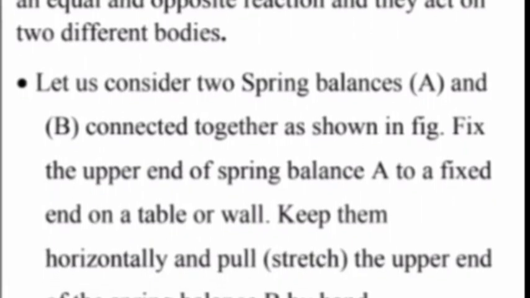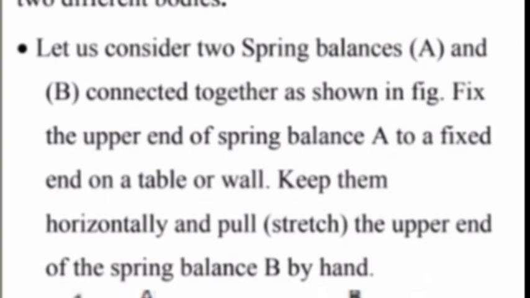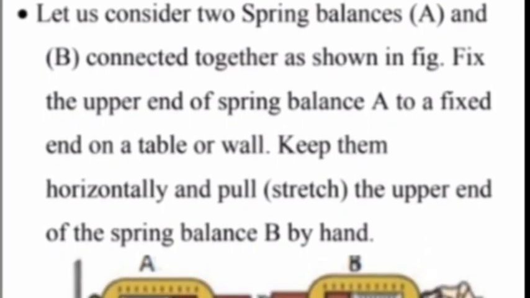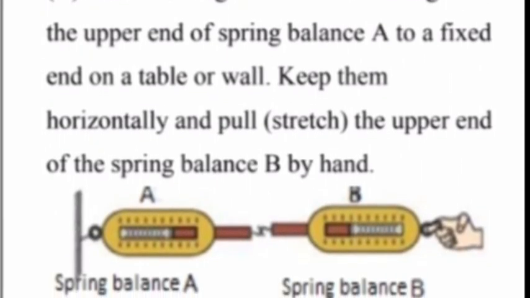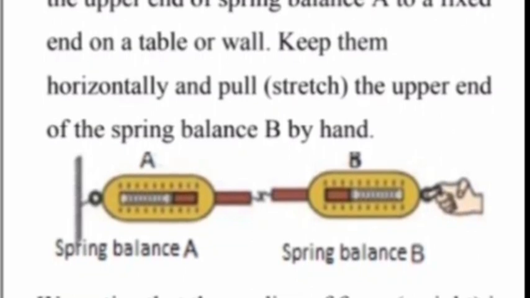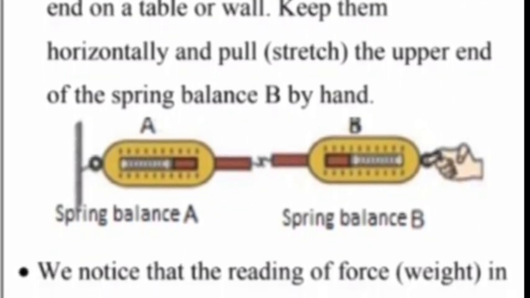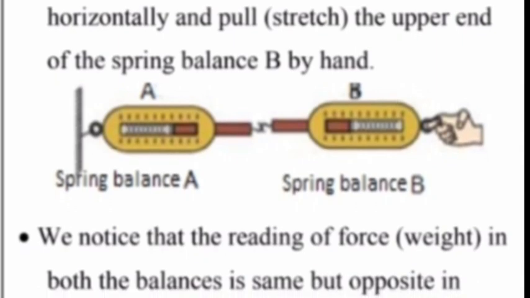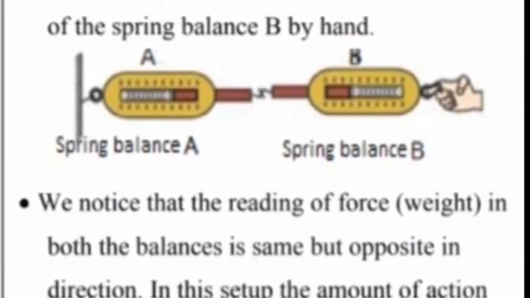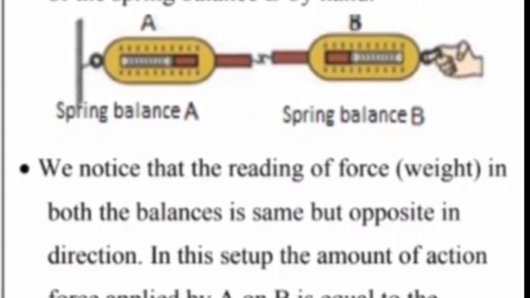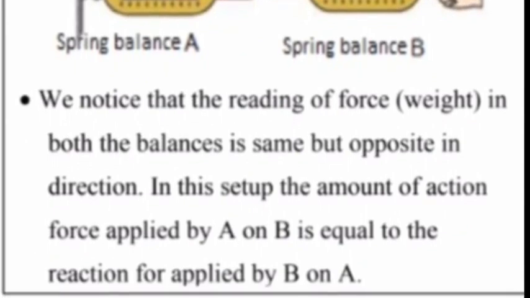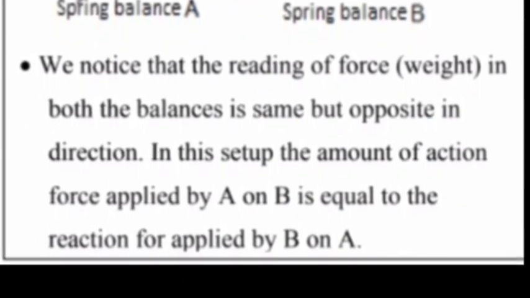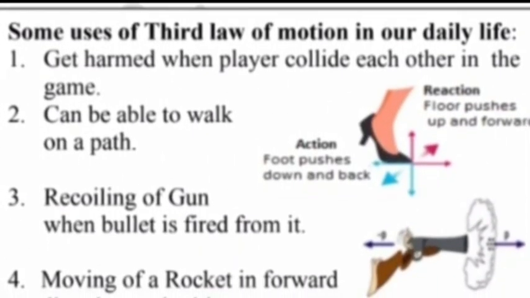Let us consider two spring balances A and B connected together as shown in the figure. Fix the upper end of spring balance A to a fixed point on a table or wall. Keep them horizontal and pull the free end of the spring balance by hand. We notice that the reading of the force on both balances is the same but opposite in direction. In this setup, the action force applied by A on B is equal to the reaction force applied by B on A. Some uses of the third law of motion in our daily life: